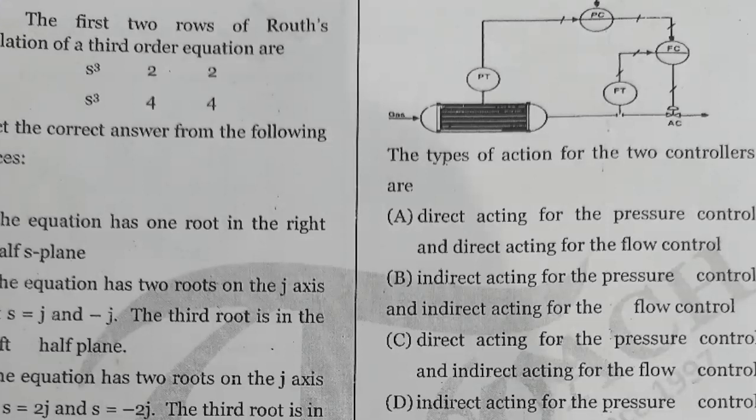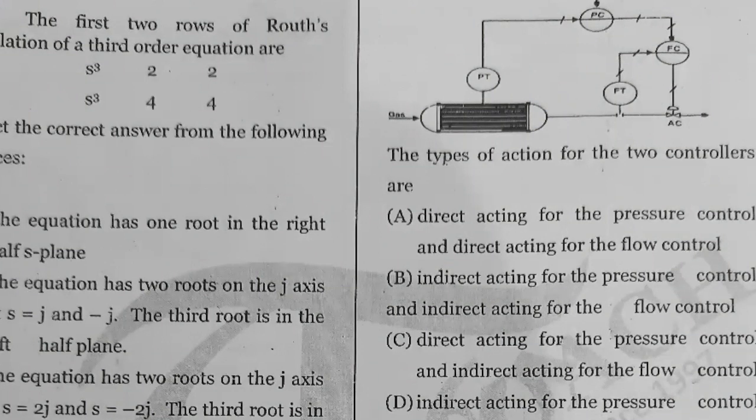Now, obviously, what is the problem? If there is gas in the chamber, meaning if the gas pressure is increased, we should open the valve. Simple as that. If the gas pressure inside the cylinder is more, you should open the valve more so that more gas will go out, and the pressure will come to normal. So that is the simple meaning.